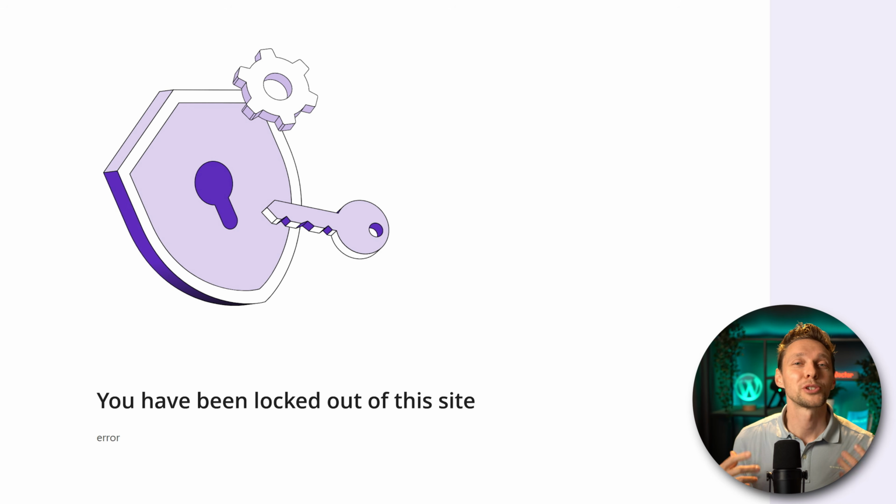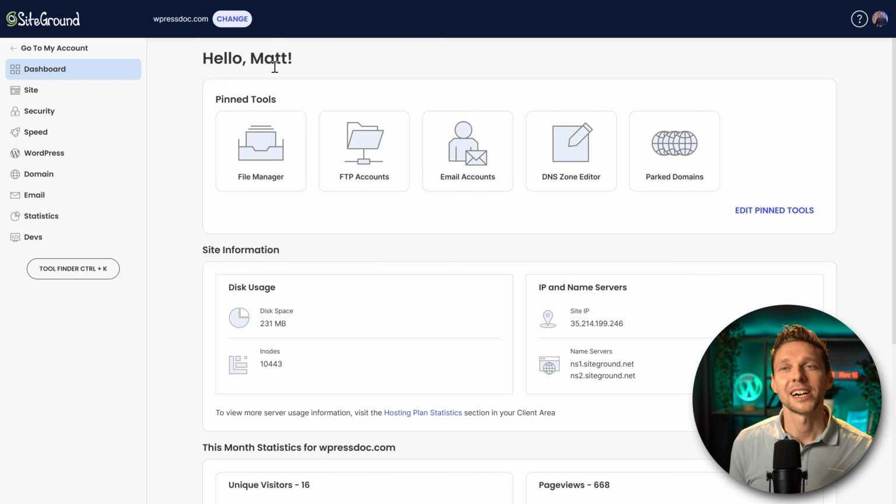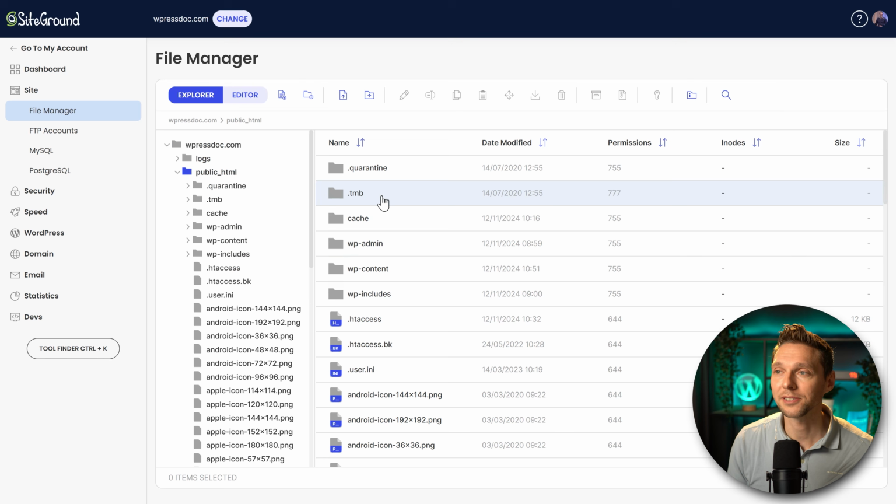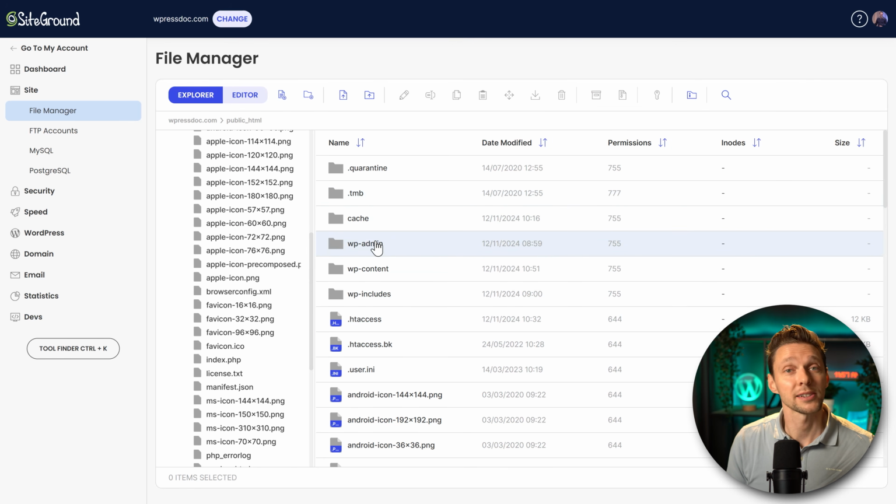Now I'm going to show you what you can do if you've locked yourself out and you cannot log in again. It's very easy to fix this, but you need to go to your hosting company. Now, this site is hosted on SiteGround, which is a really good hosting company if you have a big budget. But if you have a different hosting company, it basically all works the same. Just go to a place called File Manager or Files, click on it, and then we are over here. Make sure to go to your public HTML, which is where your website is. Or maybe you're already inside of here. That's also great. You see WP admin content includes.